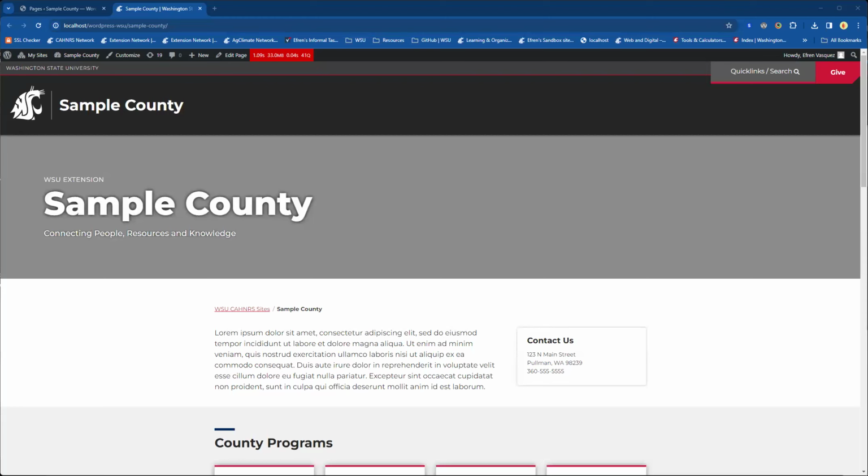Hey everyone, and welcome to this video where we're going to be talking about how to set up your homepage on your Extension County website. So whenever a new Extension County site is created, we'll have a template similar to what you're looking at here,